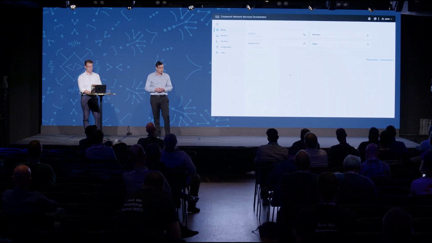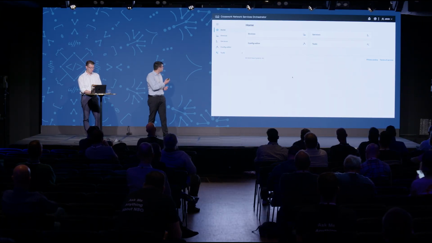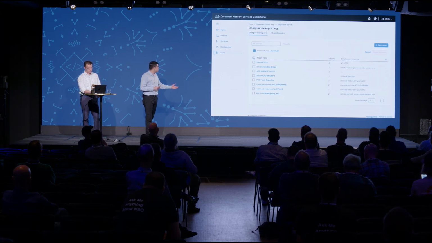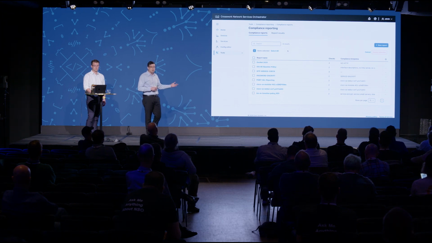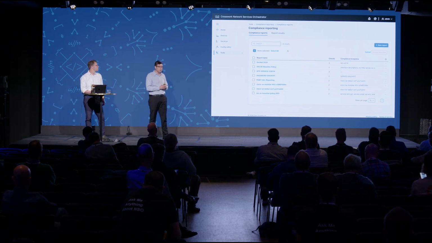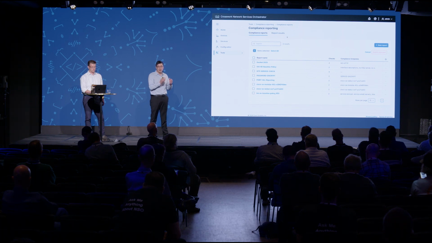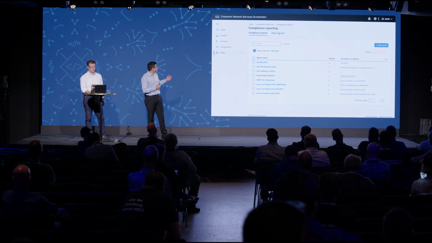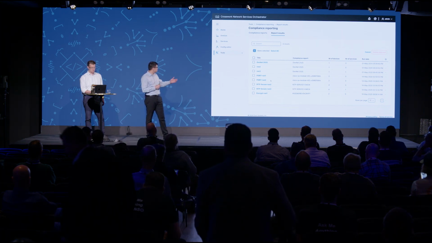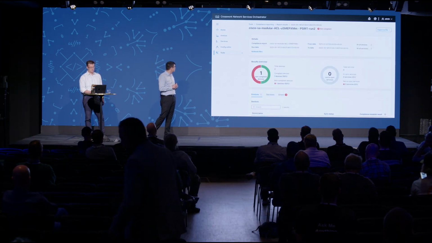of compliance reporting. Okay, so we're going to go ahead and go into the compliance report definitions. This is where we actually define all our compliance reports and all the templates that are associated to those reports. And these can be run over and over again with new report run title names. And then if we navigate under report results, here's all the results of all our different runs. So we'll go ahead and click into one of these.